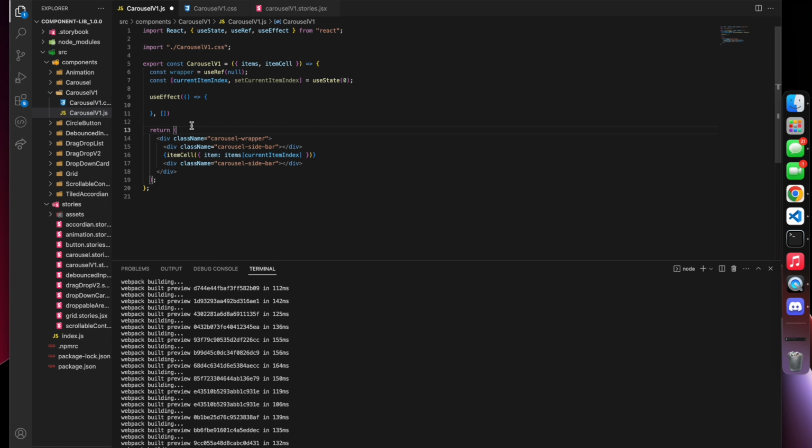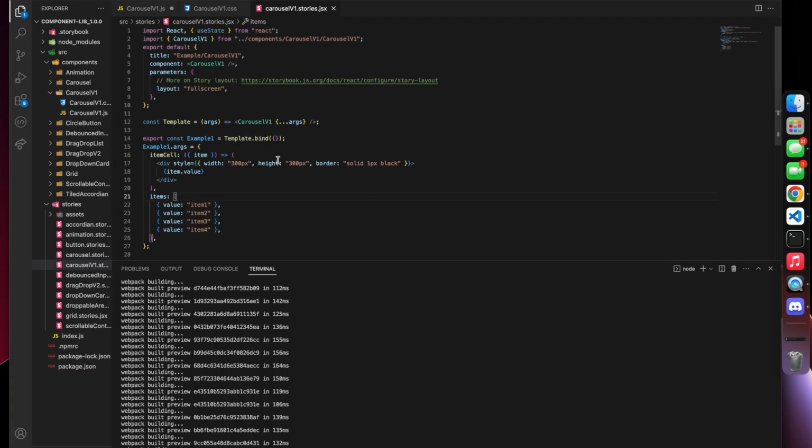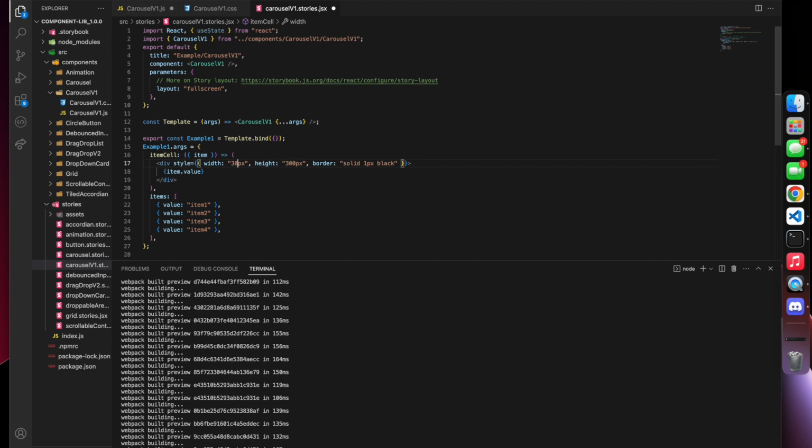Now, ideally, this will have dependencies later on, depending on the items per page. Because if the items per page change, or the item cell changes, that is another one too, then in theory the width of this carousel wrapper is going to change if the item cell changes, right? And that's pretty self-explanatory. Like here, if we change the width of the item cell we're passing in to make this like 100,